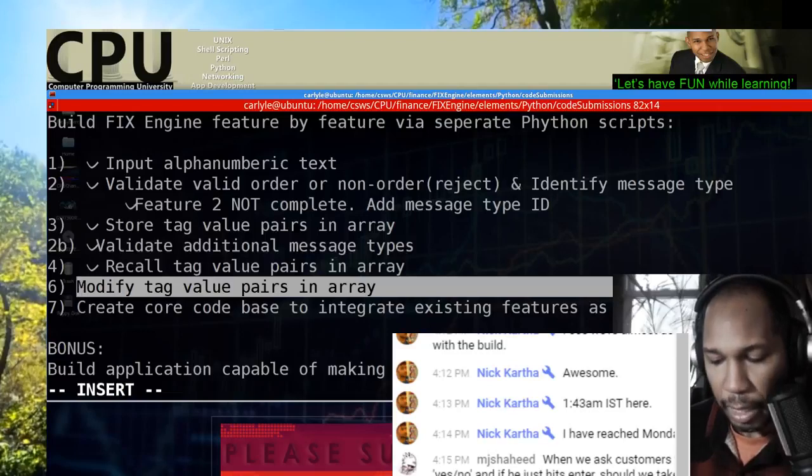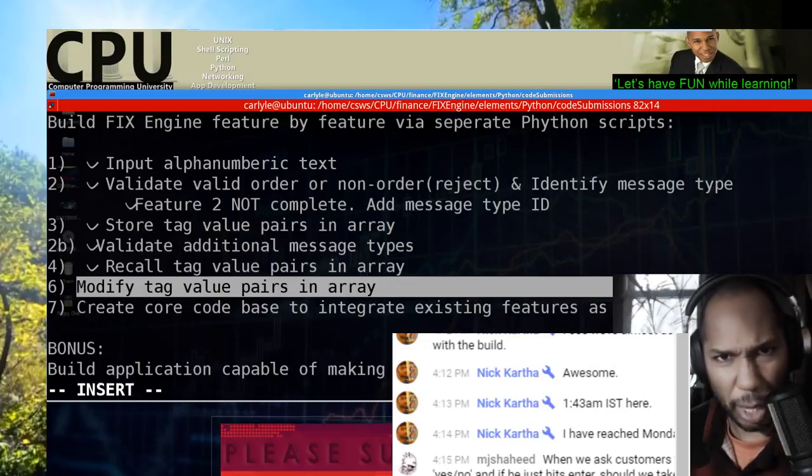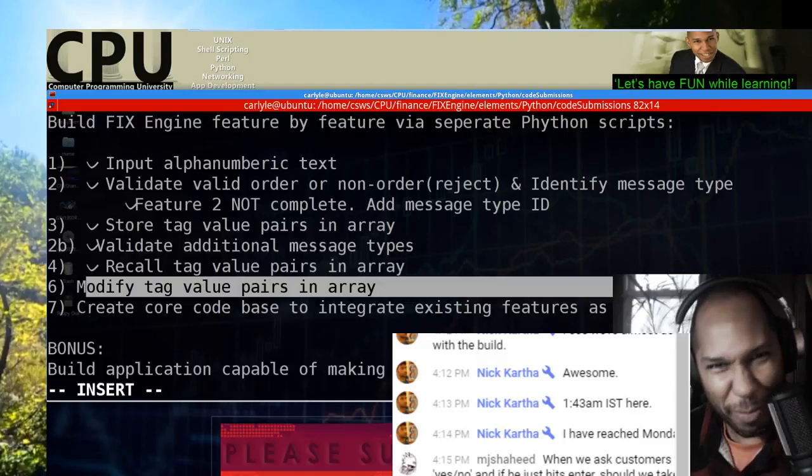So I said, let me start with Korn Shell, right? Because that's what I'm most familiar with. So I did a bunch of Korn Shell projects. And I said, you know what? I want to get back into Python, man. I want to stop playing around with this Korn Shell stuff. Python is ultimately where I want to get back to. So I said, forget this Korn Shell stuff.